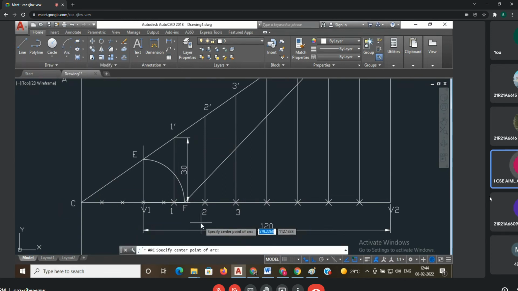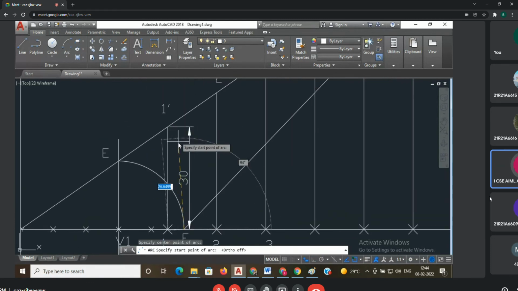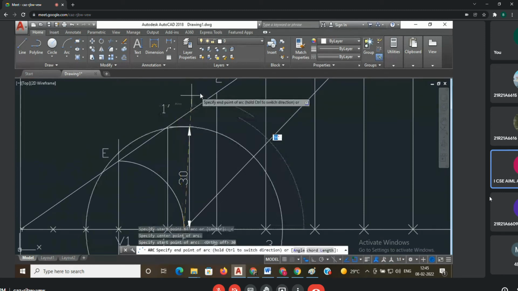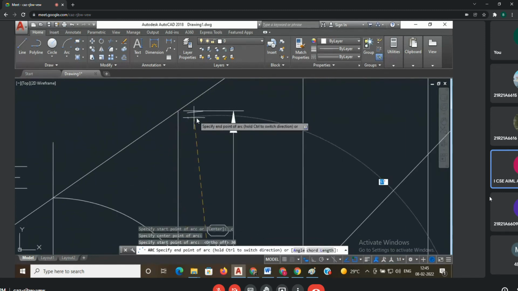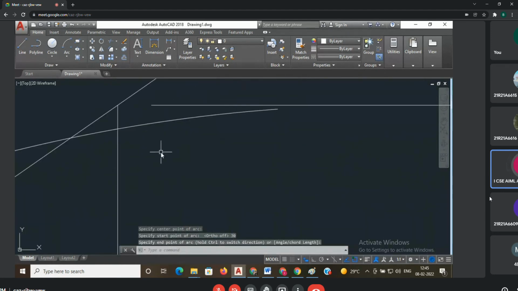Center will always be fixed. Center is our F. F as a center. Okay. Zoom it. F as a center. Then 1 dash as a radius. 1 dash, how much? 30. I will move the cursor somewhere here. Okay. I will keep it here. I will give 30 and then tab, just 30 and enter. I want to draw the arc. See the arc. Arc is here. Okay. This is the arc method. I got the point somewhere here. I will go with point. P-O-I-N-T or P-O, simple. Enter.